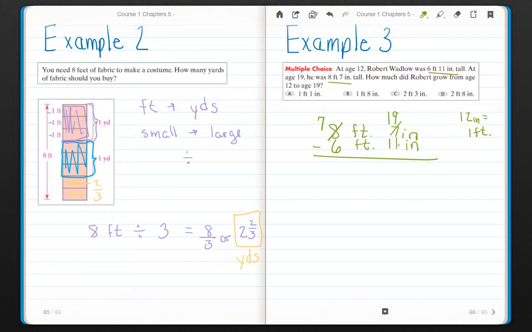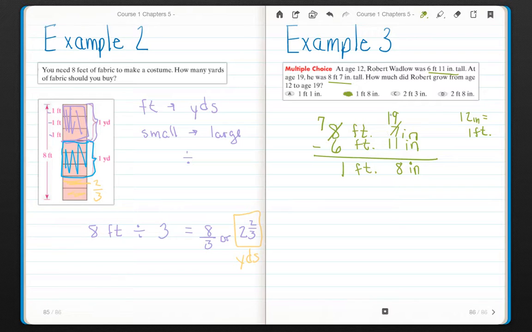I can do 19 minus 11. 9 minus 11 is 8. 1 minus 1 is 0. So I have 8 inches left. 7 minus 6, I have 1 foot. So between the ages of 12 and 19, Robert grew 1 foot 8 inches, which in this case is answer B. So when you are having to borrow and converting from feet to inches or from anything, you need